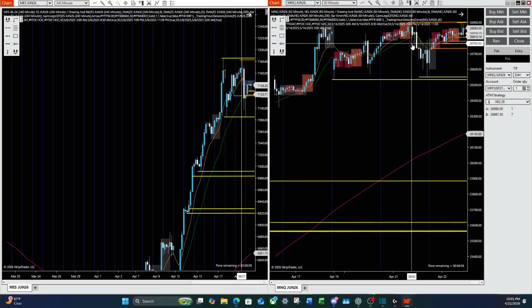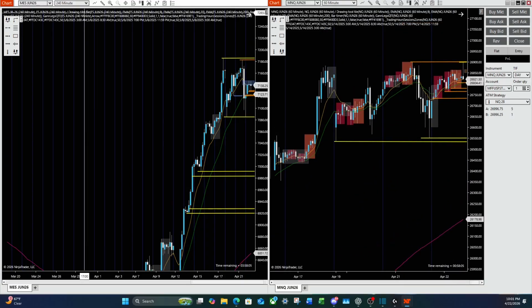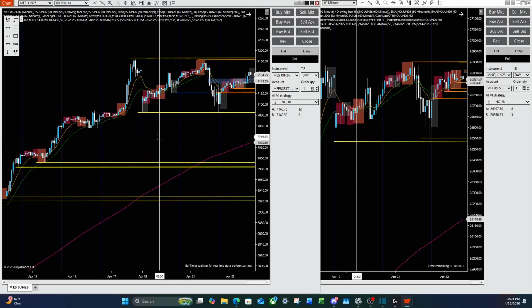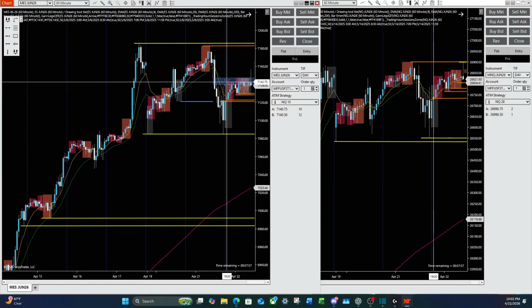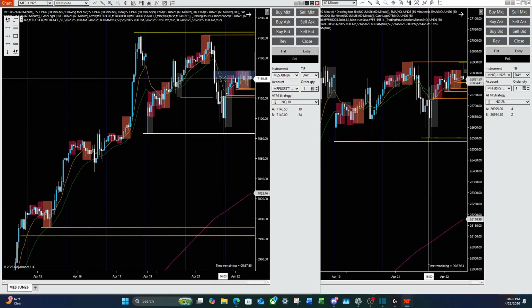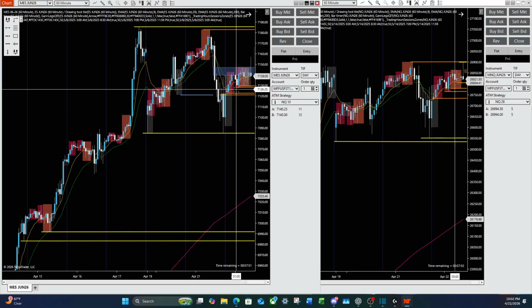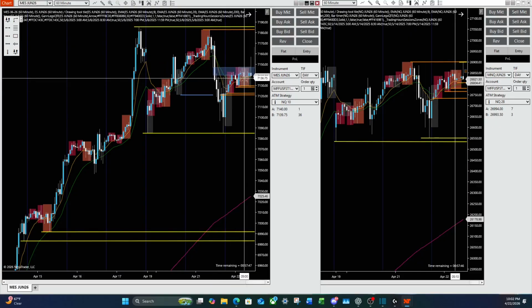Now on the hourly, let me get to our 9 o'clock candle. Both indexes. Now, this 4 hour fair value gap I'm going to leave here for ES. It's this big blue square. On the hourly, what do we have? Broke structure to the downside on the hourly on ES.